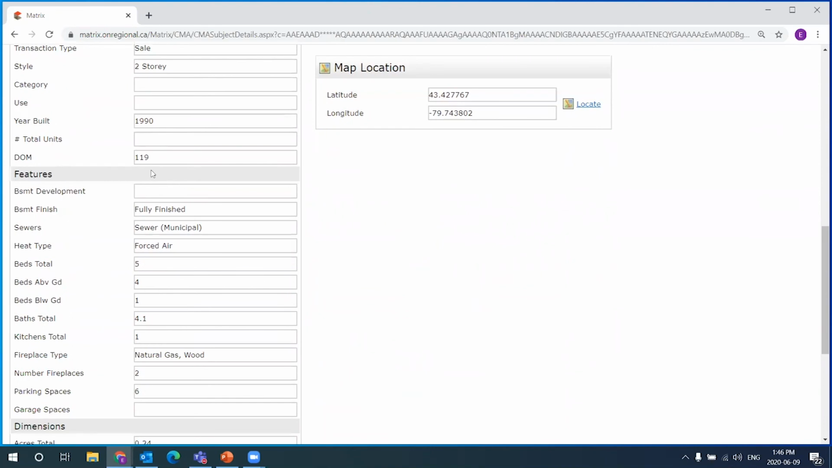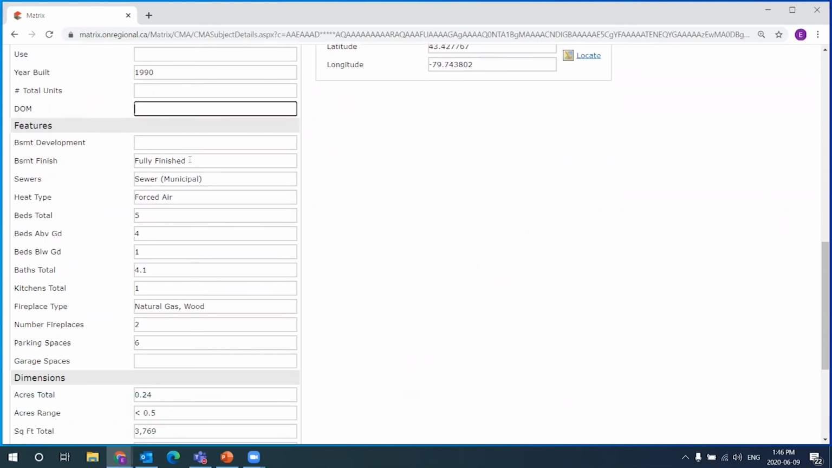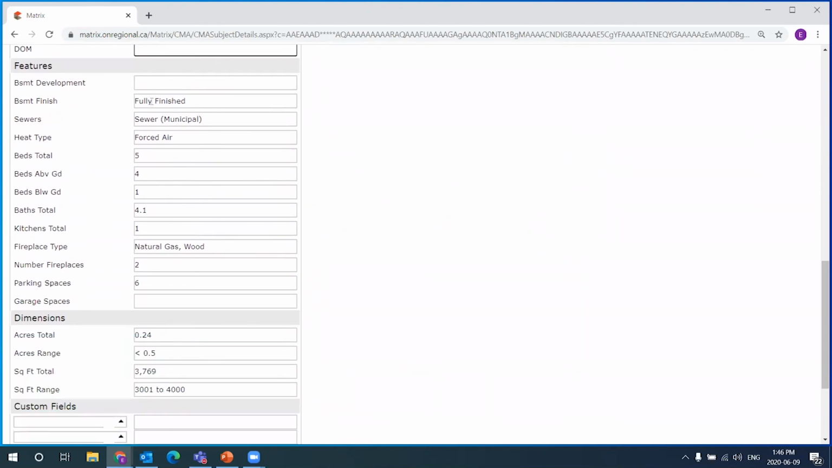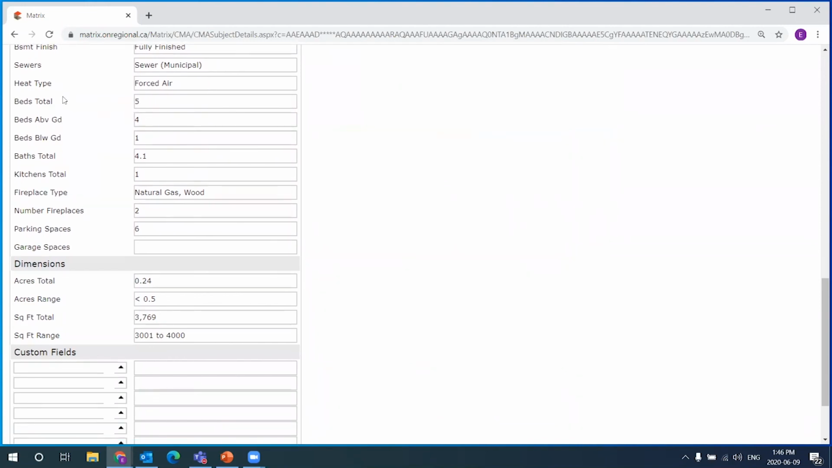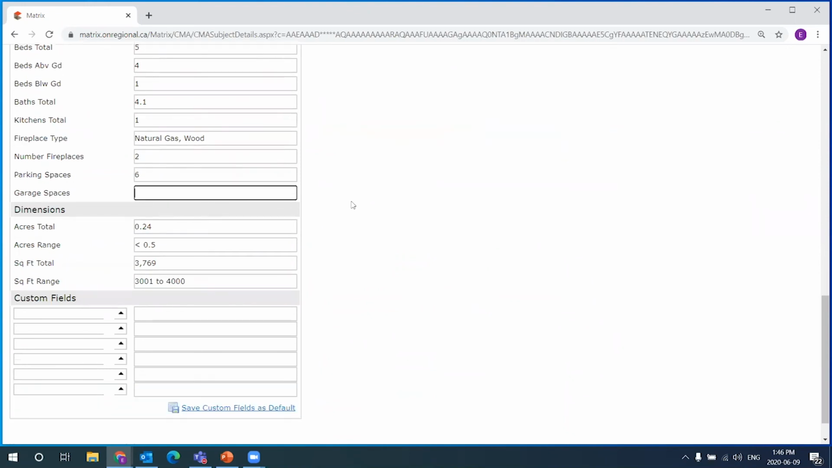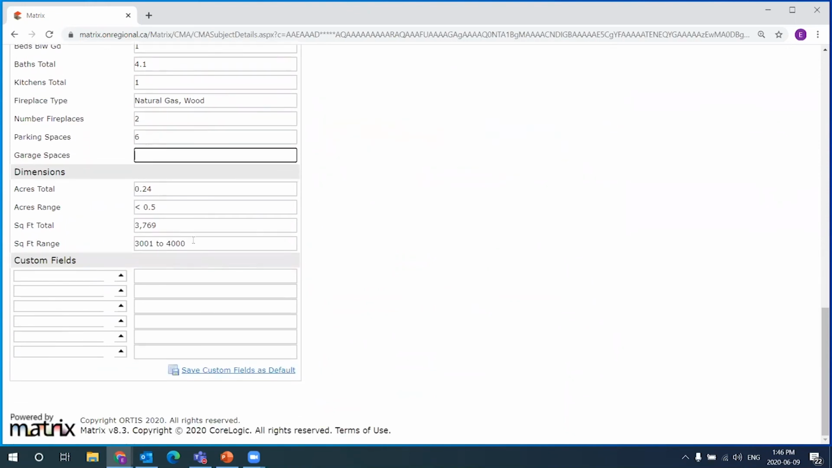Okay, built in 1990, doesn't need this. Okay, here we go, fully furnished. Okay, talking about the bedrooms, bathrooms. Okay, a whole bunch of information here. And one important one that we know we want to make a little bit more